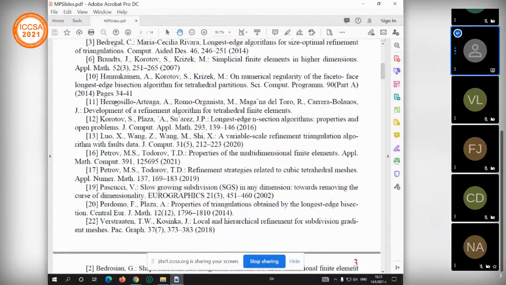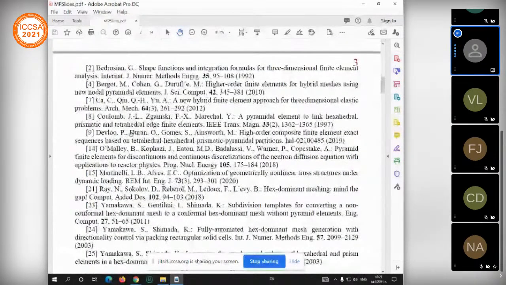The pyramidal elements are relatively new finite elements. In the three-dimensional case, they have been created by Bedrosian [2], reference number 2, in the early 90s. The pyramids play the role of transitional elements between structured and unstructured finite element meshes. The pyramidal elements have made possible the development of the hex-dominant meshes considered by several authors, see references 14, 21,